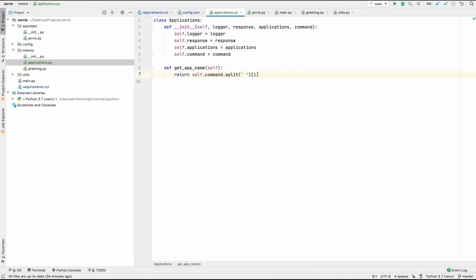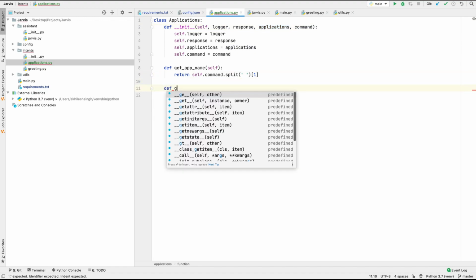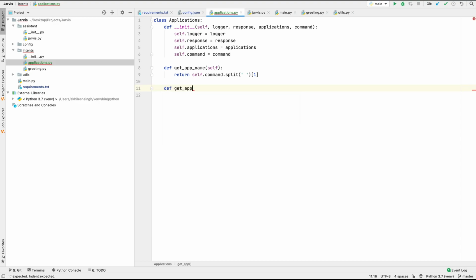So how will we get the path of this app? First we need all the applications data. We have all the applications data in our applications variable, so I'm going to iterate over that. So def get app path,